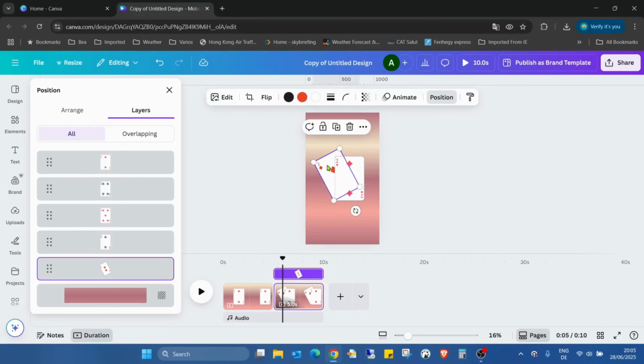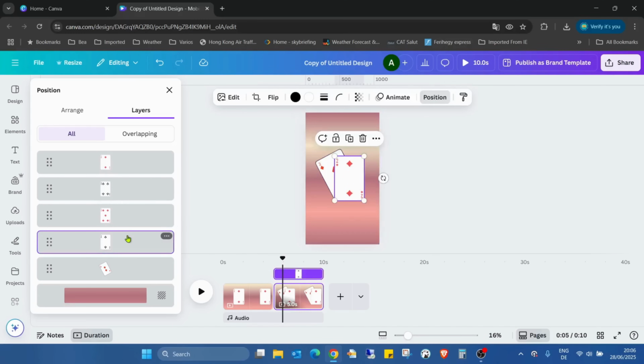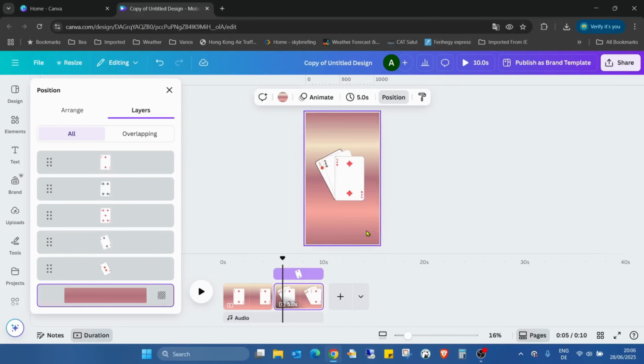With the arrow buttons, we can do it much better. We can move the element pixel by pixel, meanwhile with the mouse it's a bit more difficult. So I'm going to select the second one from the bottom, also rotating, doing the same, like this,